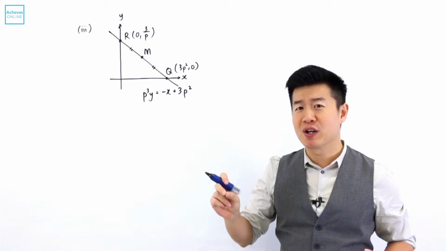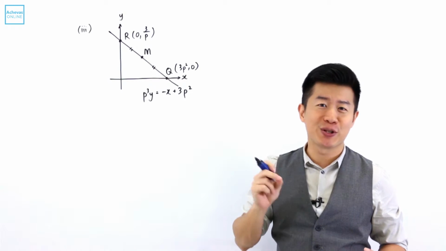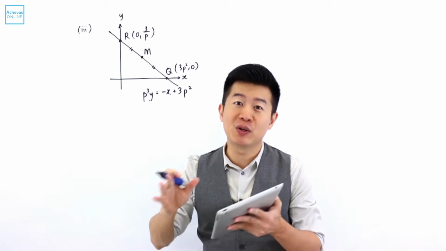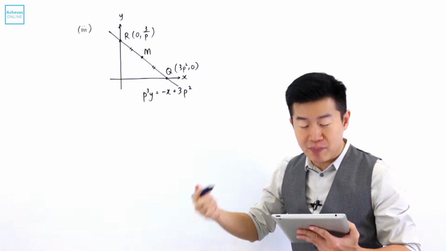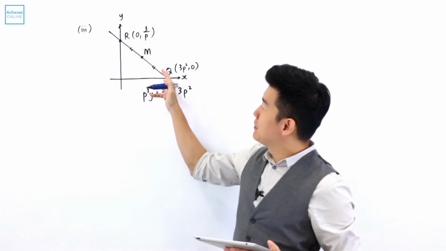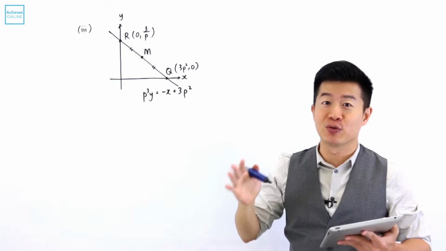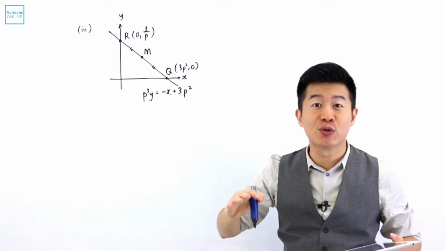When you hear the word locus, the first thing that we think of is complex numbers. So why is locus doing here? In fact, locus is not just meant for complex numbers. The word locus in mathematics means the path. And since in this question P is a variable, that means P is going to affect the coordinates of M, so the position of M is going to change. So if I were to join all the possible positions of M together, it is going to form a path,